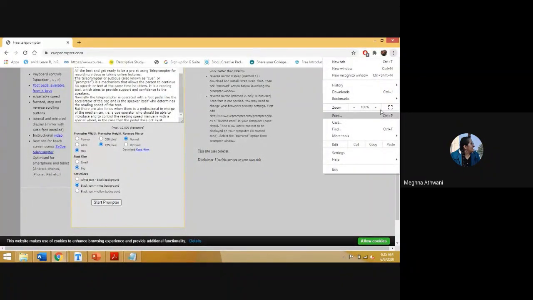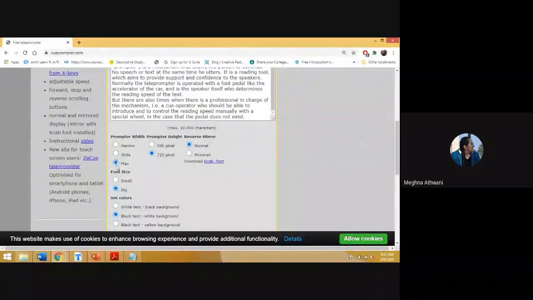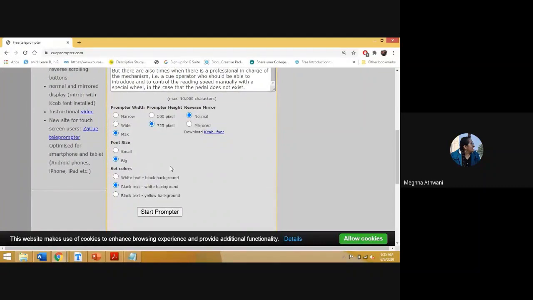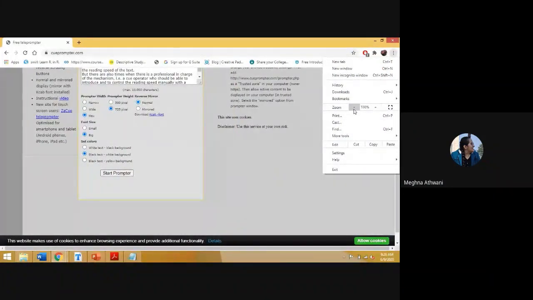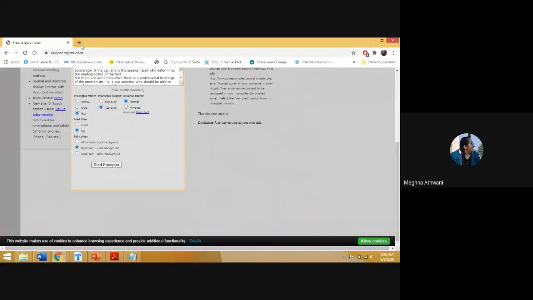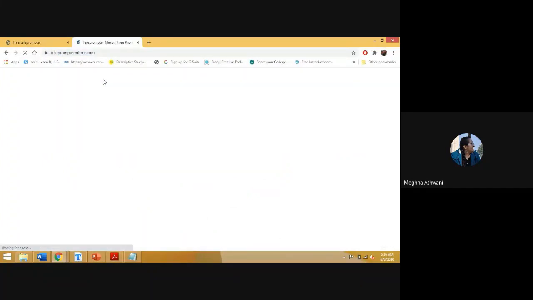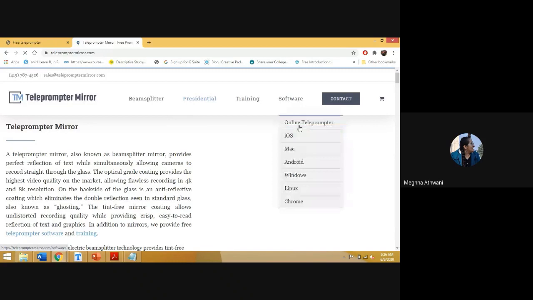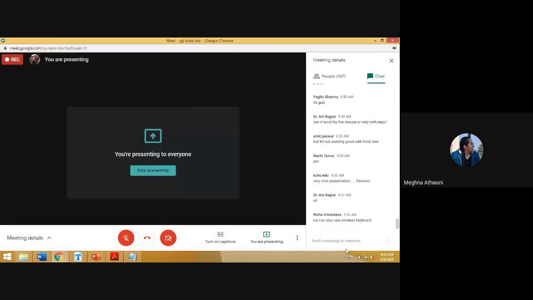As I was saying, see the option. I just zoom so that it is clearly visible. See here, narrow, wide, and max. That is it. Font size, small or big. So these are very limited options. What if I want more options? So I switch to a better option. So the next option is teleprompter mirror. I will copy this link also here, don't worry, in the chat box.